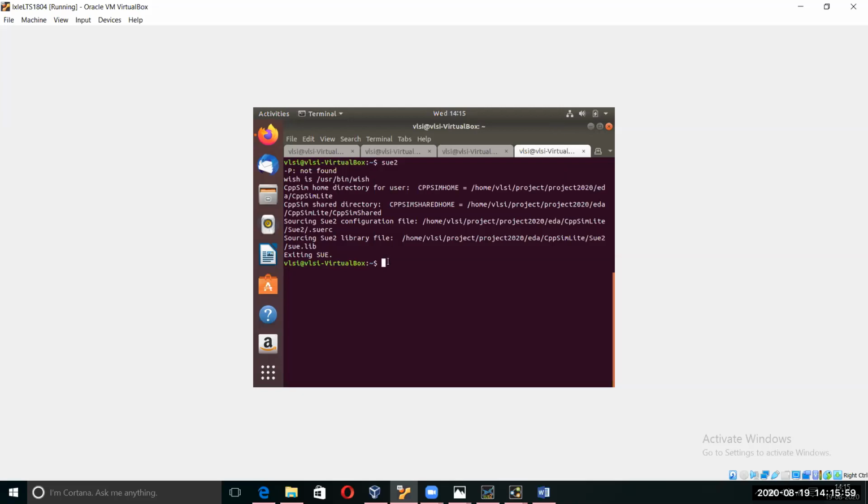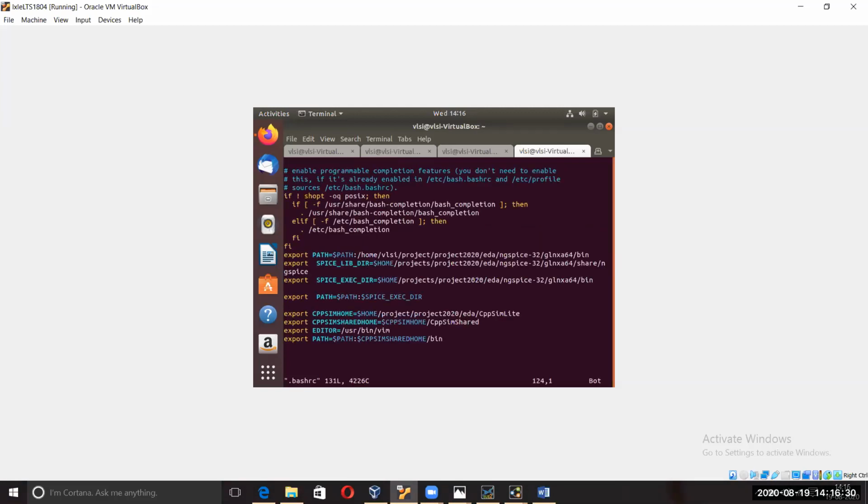Just share with them how to set that environment variable in vim .bashrc. Yes, sir, you can show. If you have not done it, I'm telling you how to do that. I have already explained how the .bashrc file works, and we have also set it for ngSpice. It's the same: go to vim .bashrc. You have the bashrc file here.